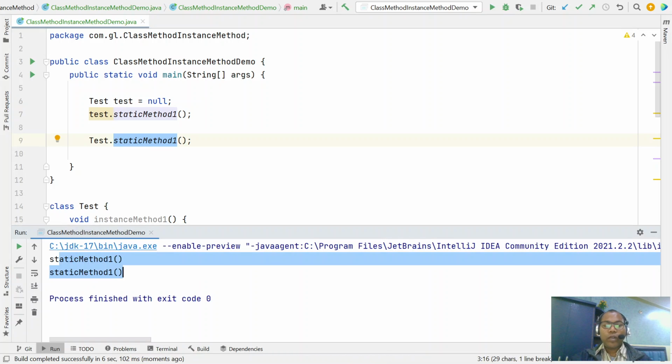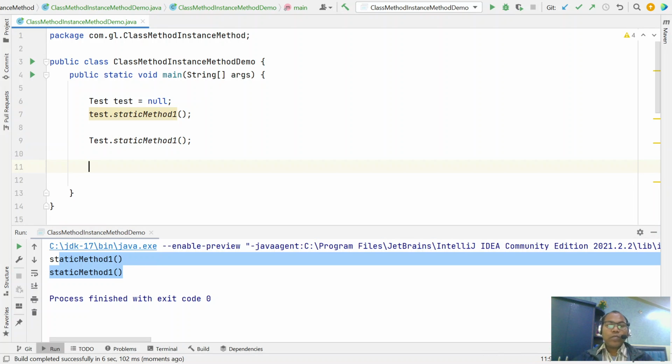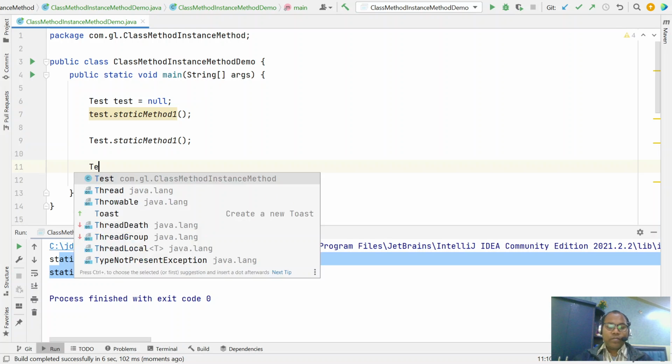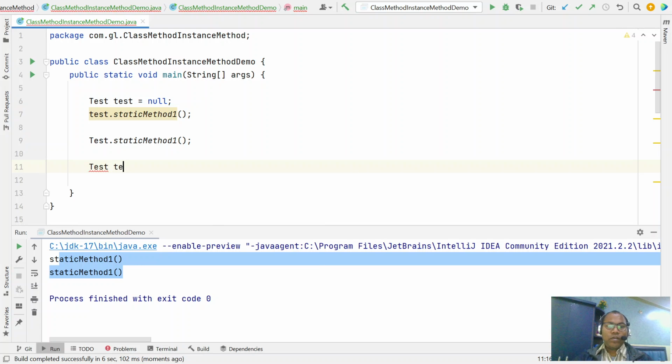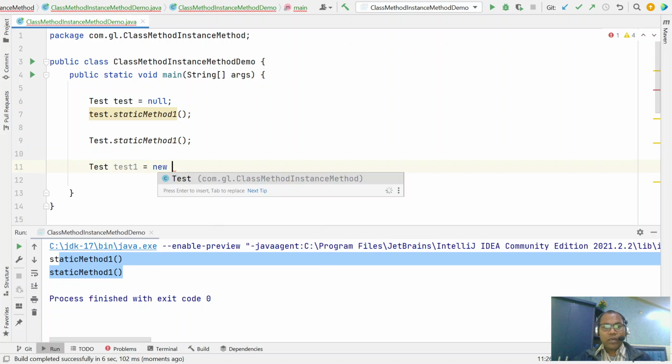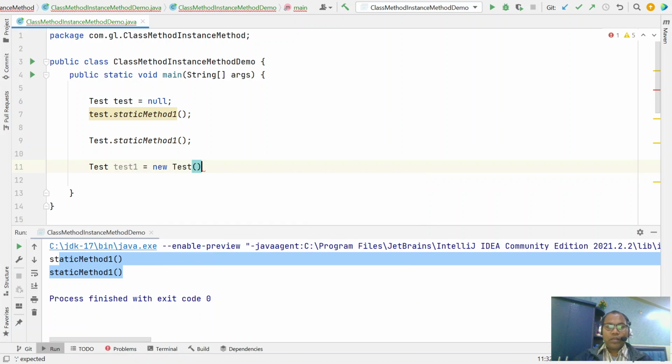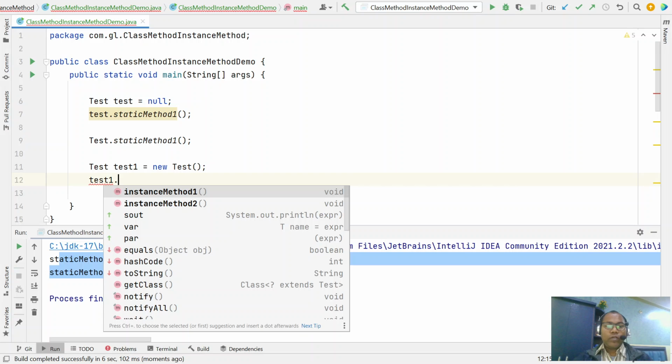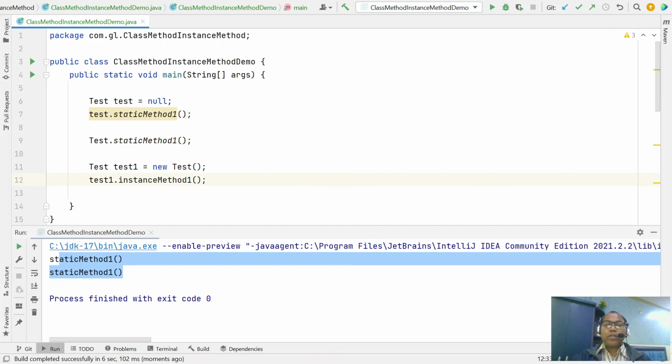Now you are able to invoke a static method. But for invoking any instance method, first you need to create the object, and after that you can invoke your instance method.